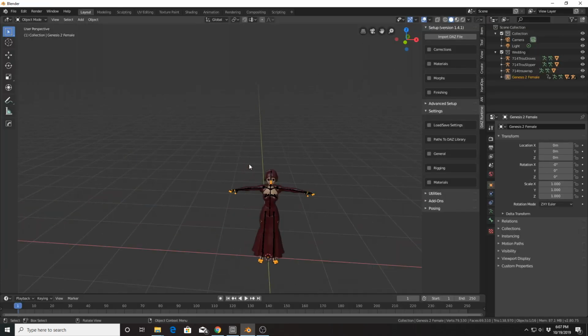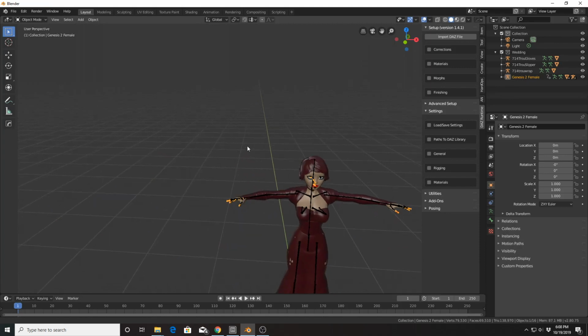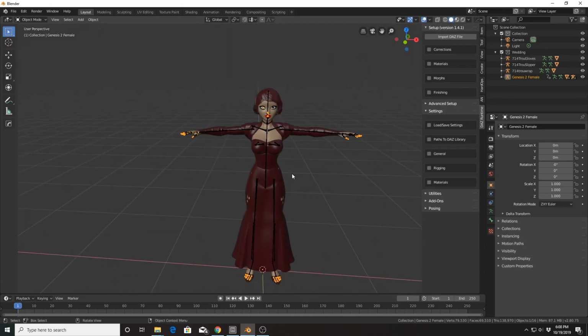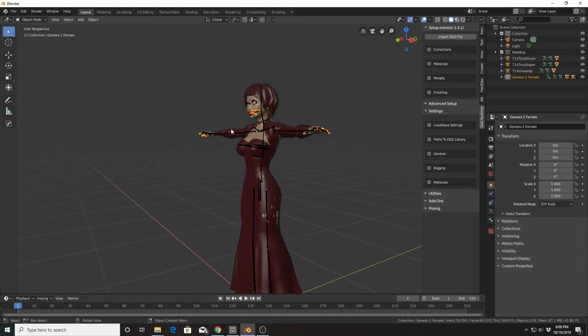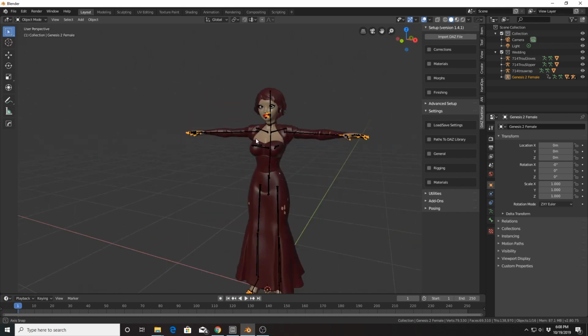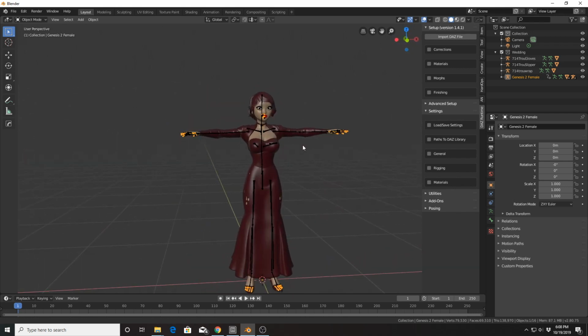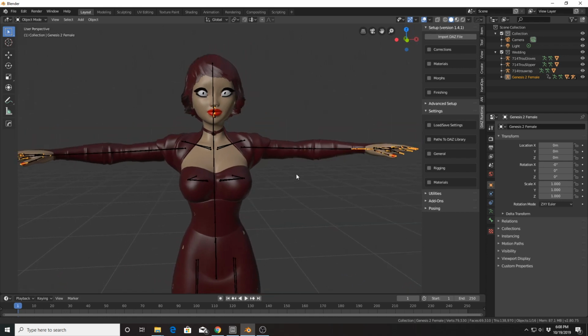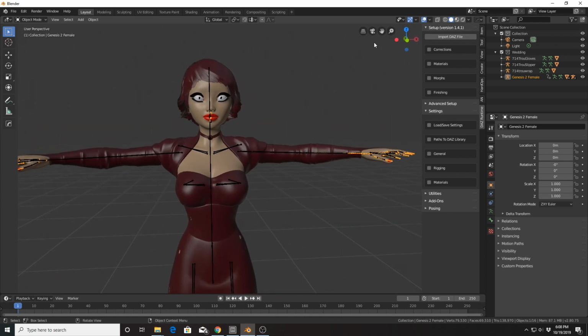So here we have our character. It's been imported. Again, the reference colors are just reporting according to what type of mesh it is. I'll go ahead and briefly show you what it looks like in rendered view from a default, and then we'll go through these options here on the right and see what they do.